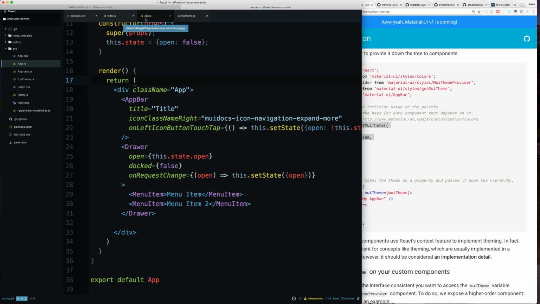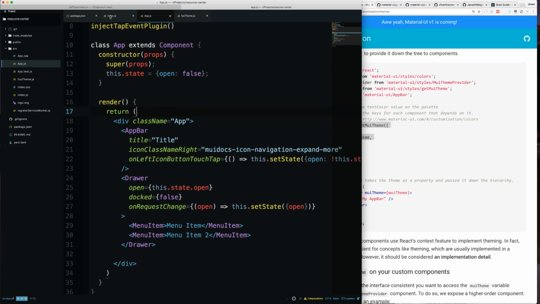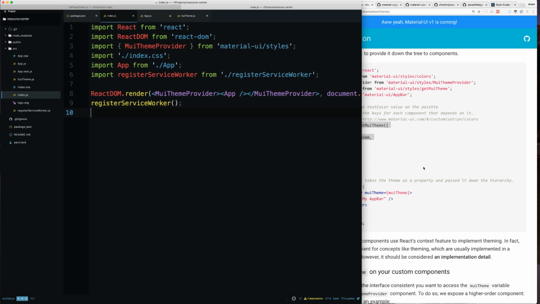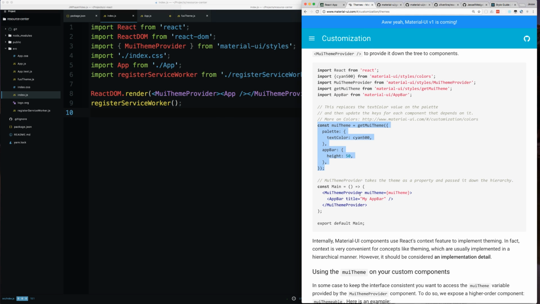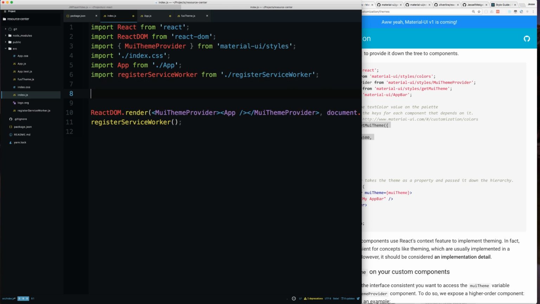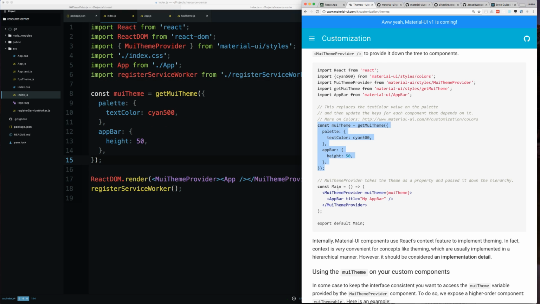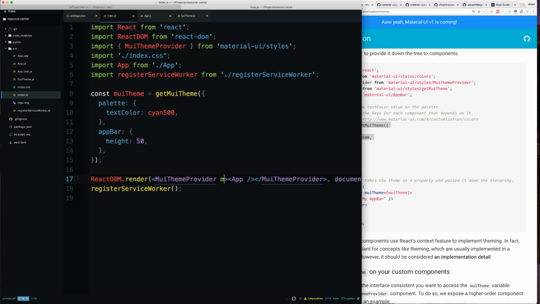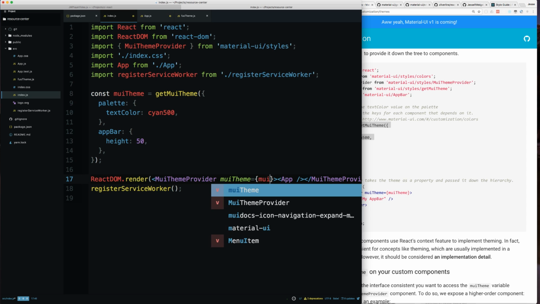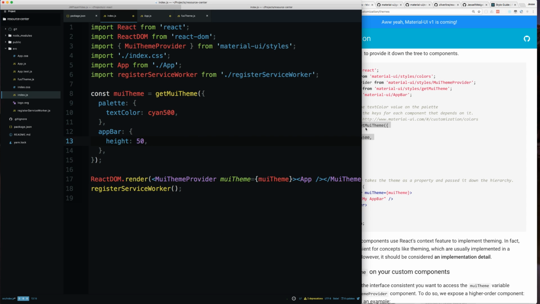But I think really what I need to do is where I have this theme provider, I can add in, let's copy and paste this. Right. And let me take that